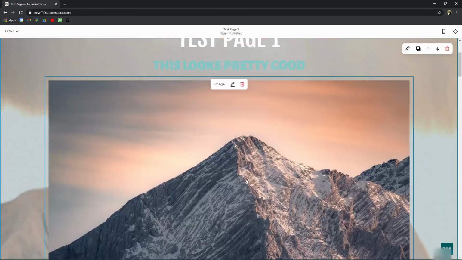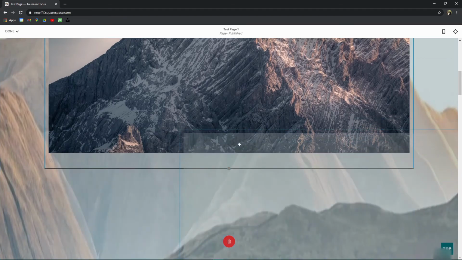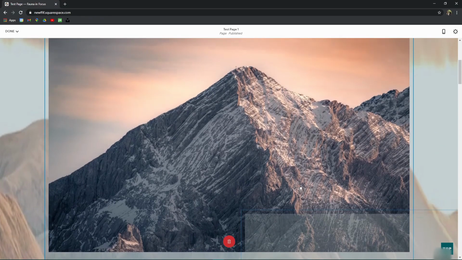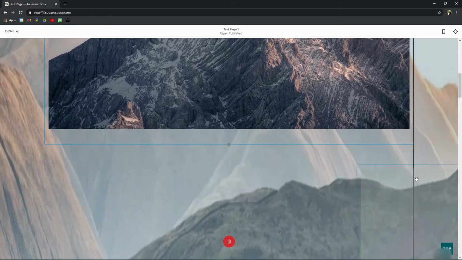And then what I want to do is, these are too big. They're taking up too much space. So I'm just going to grab that bottom image and move it around. And you'll see you get this little black line telling you where you want it to go. And if I go like this, it looks like the black line is going over to the right, but